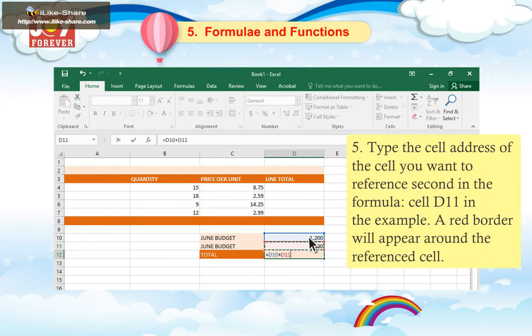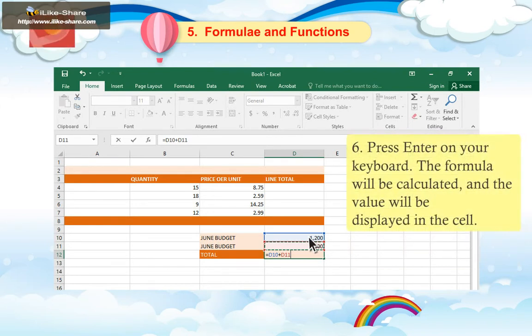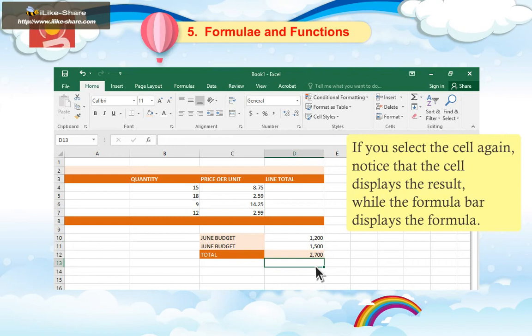A red border will appear around the referenced cell. 6. Press enter on your keyboard. The formula will be calculated and the value will be displayed in the cell.